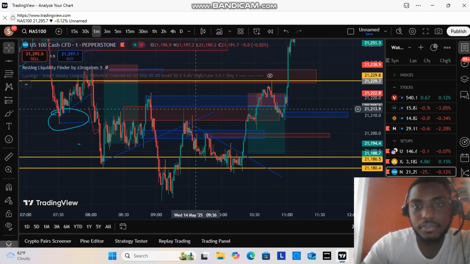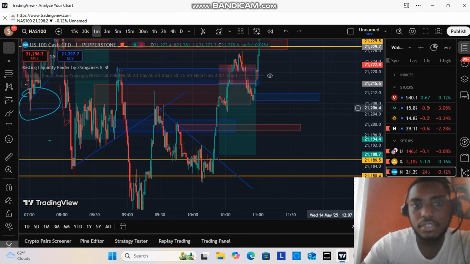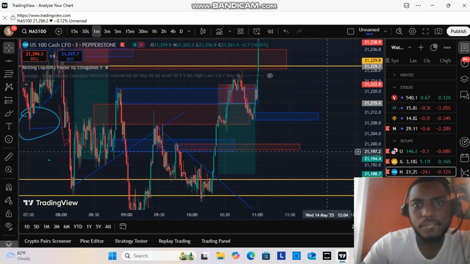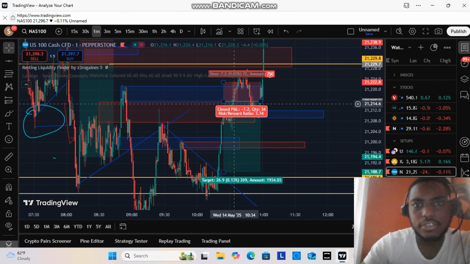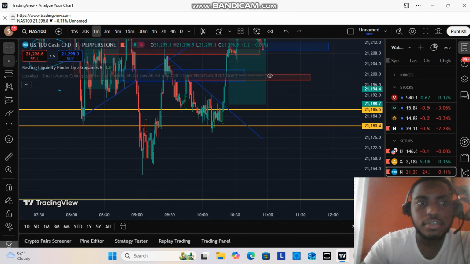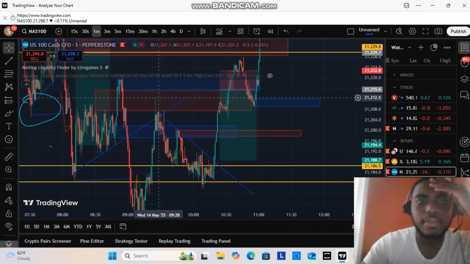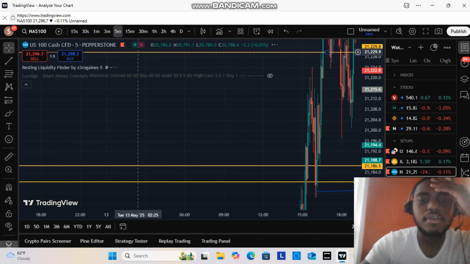Yeah. And then I had this trade here that I took from, yeah, I saw the break of structure over here. Where is it? Break of structure, came back up. I was aiming for up here, but I did have another trade that